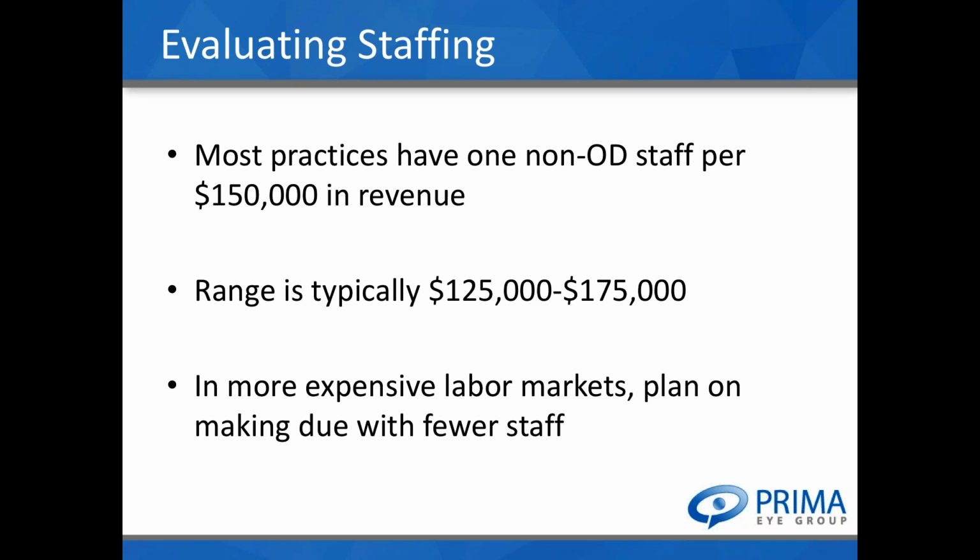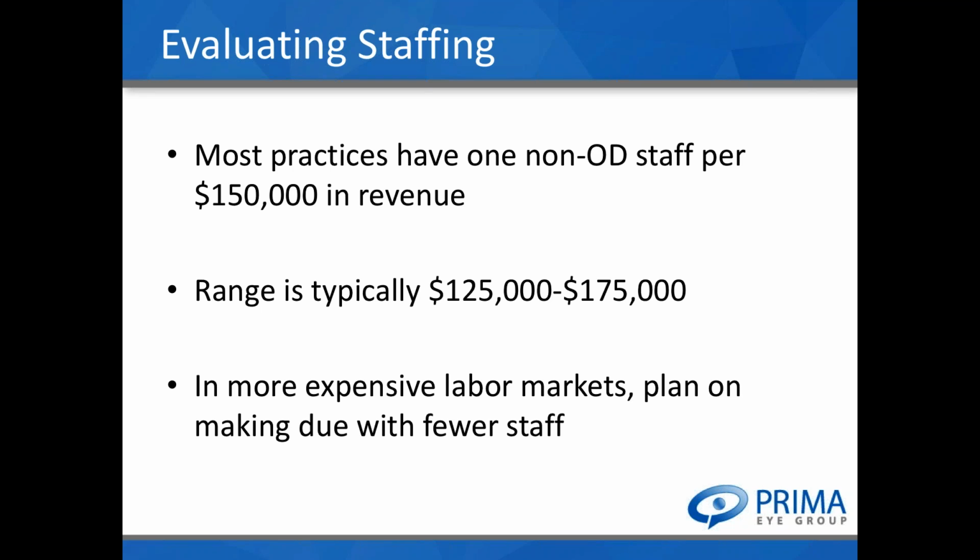So in other words, if you take your collected gross revenue and divide into it the number of full-time staff you have, normally it's going to come in between 125,000 and 175,000 per non-RD staff. So that's one piece. Do you have an appropriate headcount? And we're using this revenue per non-RD staff as a proxy for estimating really how many patients you have coming through the practice. So if you're a higher revenue per patient practice, you might be able to make do with less staff. Your revenue per non-RD staff may just run higher, and that's okay. In more expensive labor markets, also,